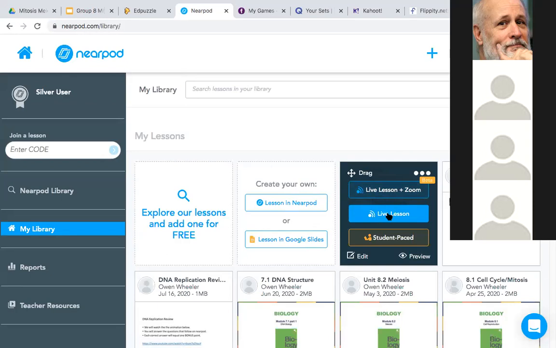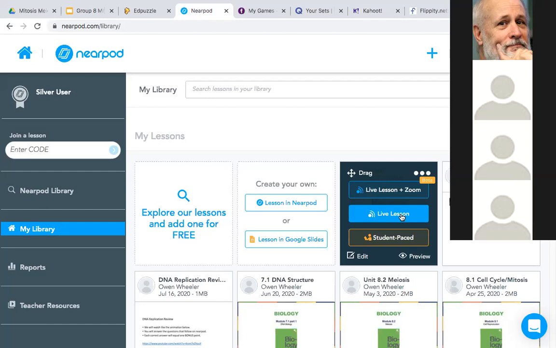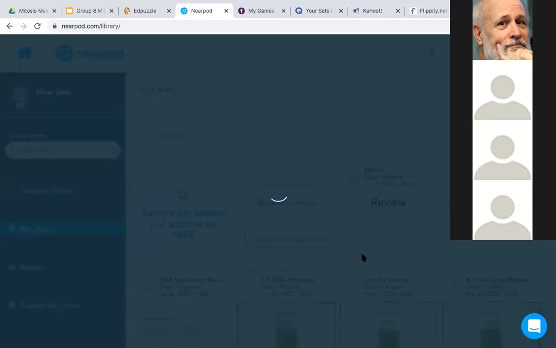Some of them like to do it on their phone, some of them just like to open another window on their computer. But I can say live lesson, they get a code, and when they enter that code, everything on my screen will push to their screen. And if you teach asynchronously, you can certainly do it student-paced as well.